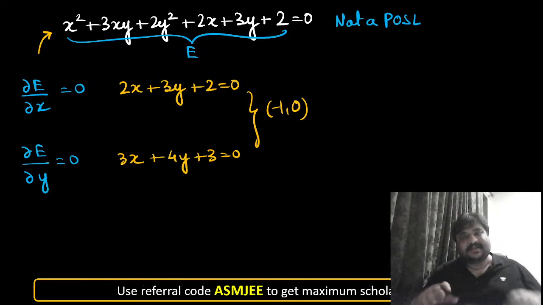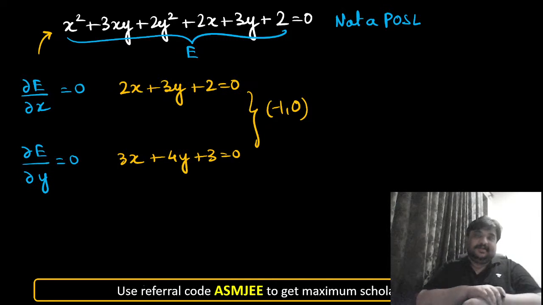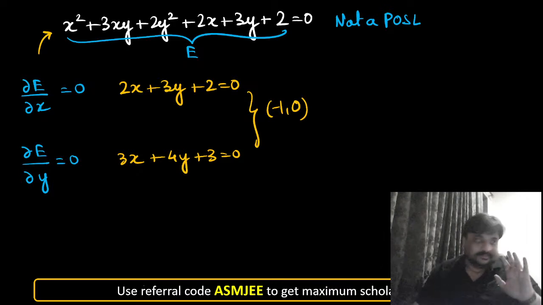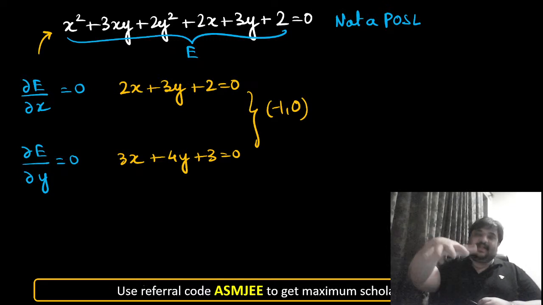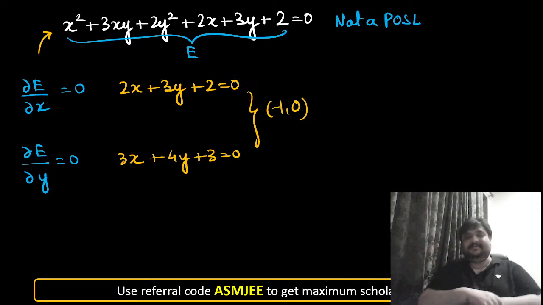So this method gives you the center. To ensure that the original equation is a pair of straight lines, that is your job. This is what the JEE paper setter can do if it wants. It can give you an equation which is not a pair of straight lines and ask you to find the point of intersection. People will apply partial derivatives and get the right answer, and then JEE will say